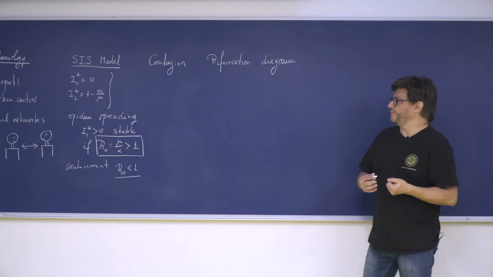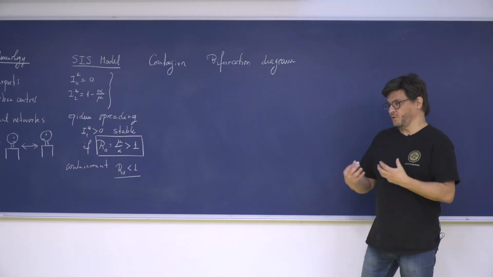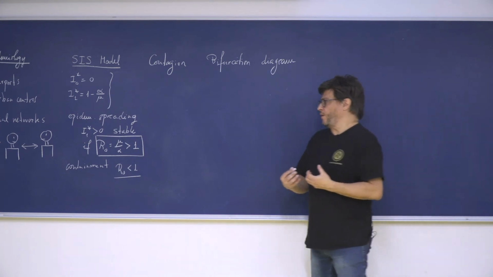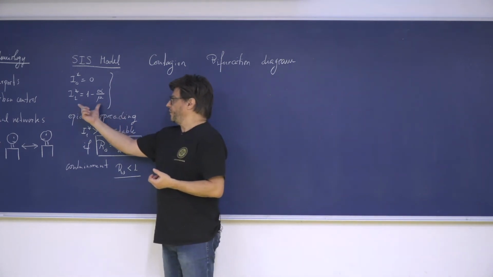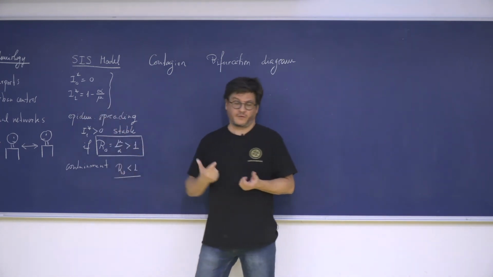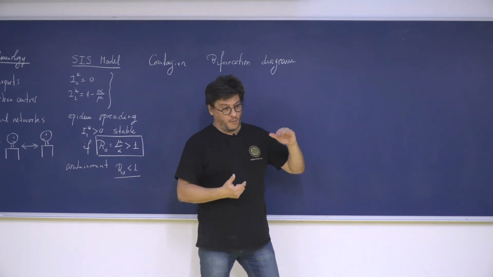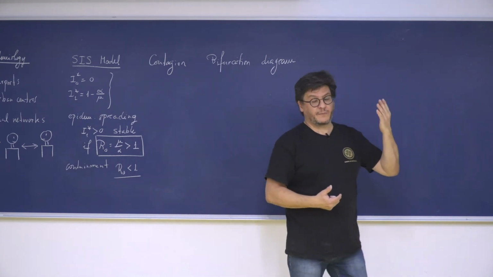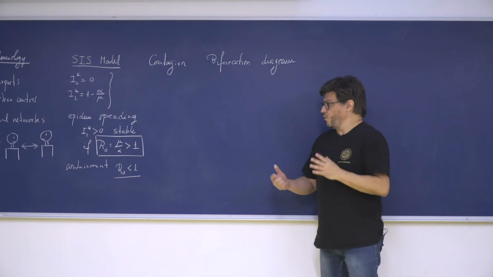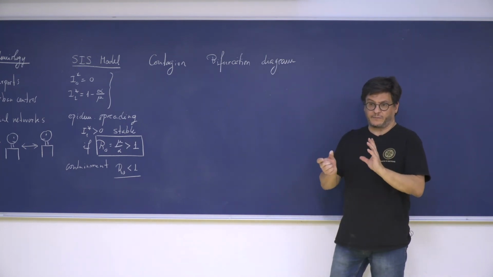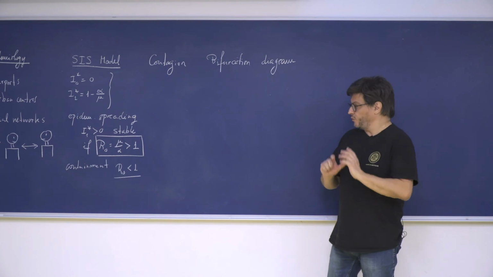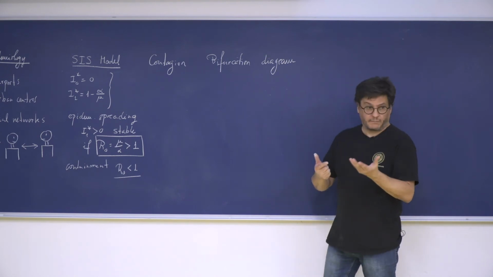How do I build it? Well, what I really want to know in the end is whether or not I'm going to observe a population that is infected or not, how much of the population, what is the amount of people infected, okay? And where are these threshold points located? I want all this. So let's do it.